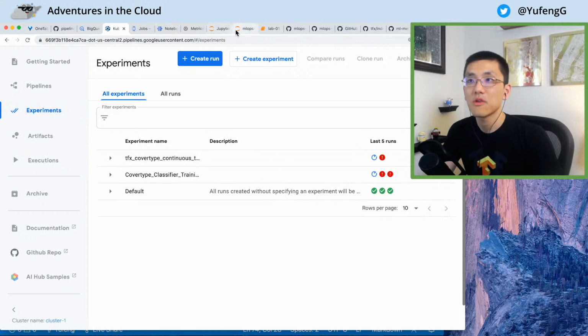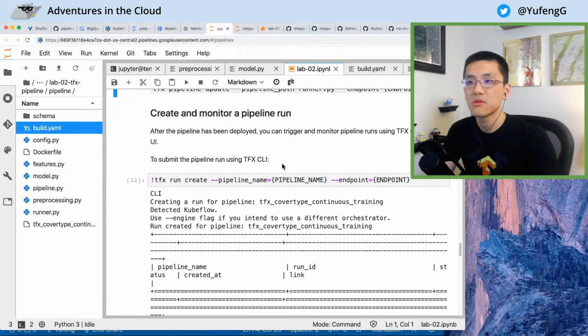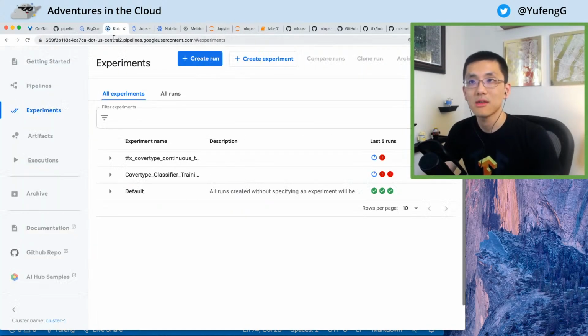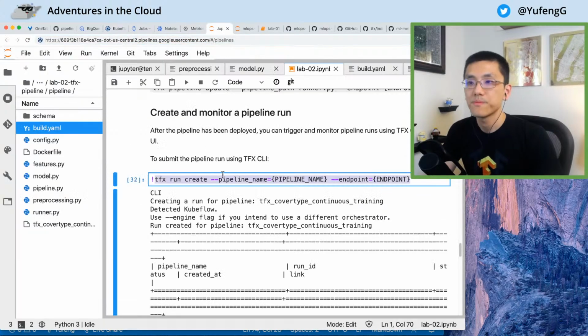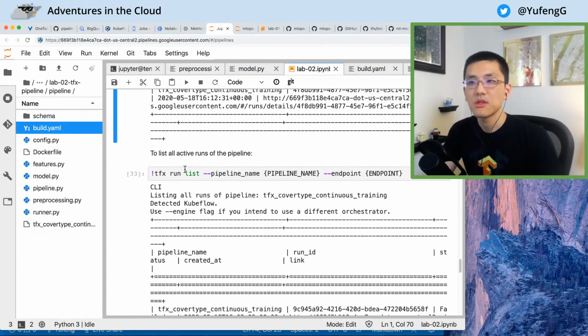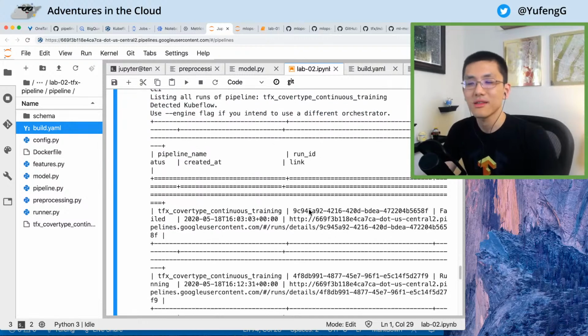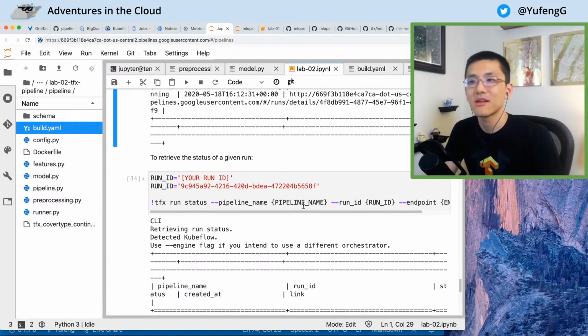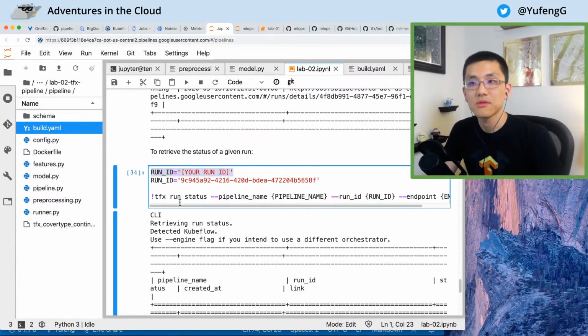And then when you want to run it, what you do is you say TFX run create, passing in that pipeline name and the endpoint. The endpoint, again, is just this URL. And then it creates that run. You can list runs, and because I'm so zoomed in, it overflows and looks ridiculous here. Your run ID, if you want to do a status, TFX run status, this run ID comes